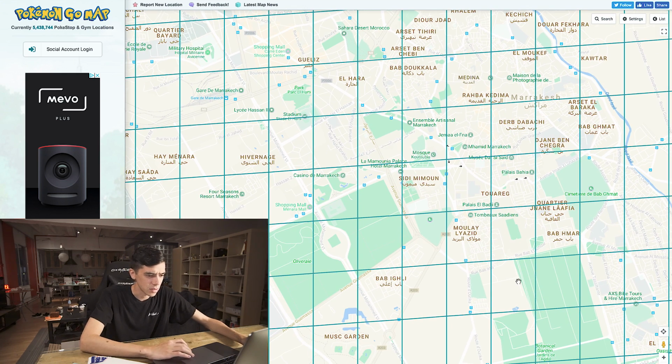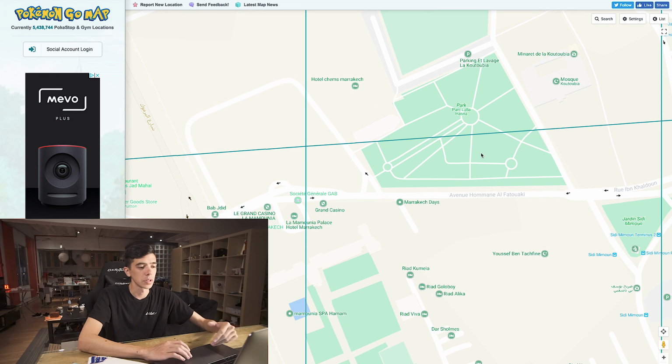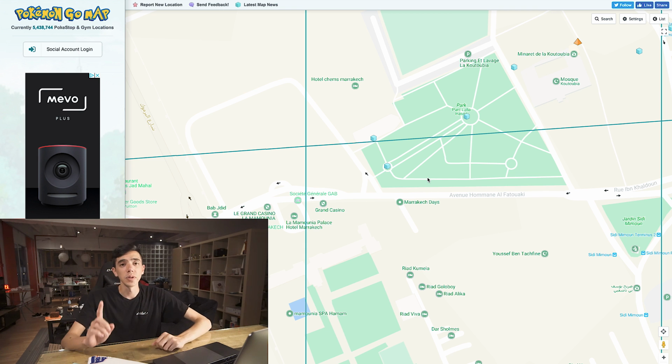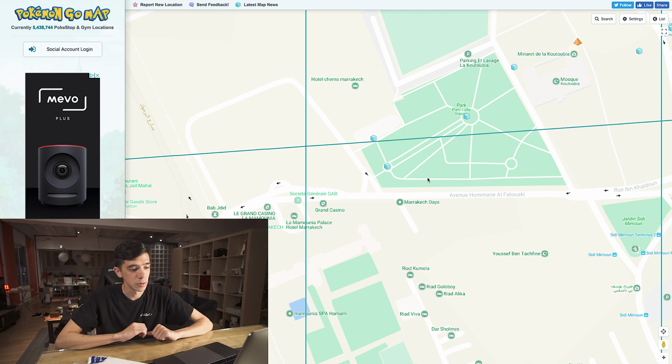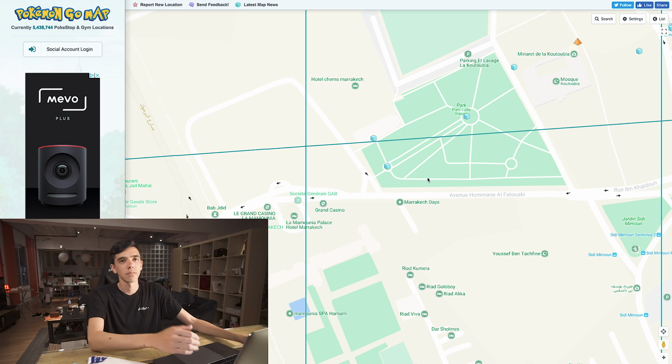Where is it? Okay. Here's one. This Pokestop's kind of on the border, but as you zoom in, you can see that it's clearly in the top cell. And this Pokestop here, which is in the park, is the only Pokestop in this level 14 S2 cell. So if a new Pokestop was added to this cell, this Pokestop would become a gym